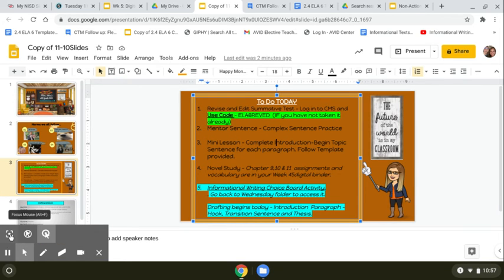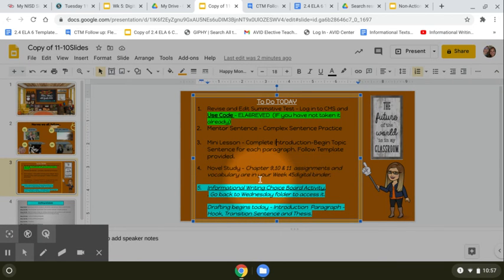Chapters 9, 10, and 11 are what we're focusing on this week in order to finish our novel by next week. You need to make sure that you're reading and completing those assignments that are in there, conducive to your understanding of the novel A Wrinkle in Time. So again, you can work on that at your own pace. I've had some students that already completed the quick writes and the vocabulary, because those are the easier ones, and you didn't necessarily need to finish the chapters to complete those assignments.